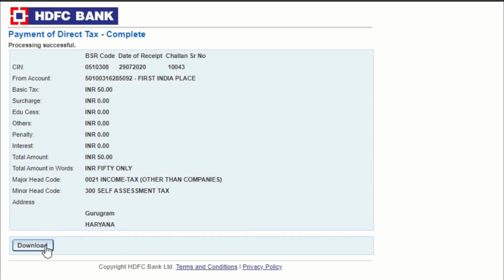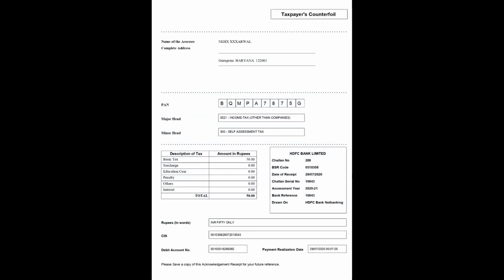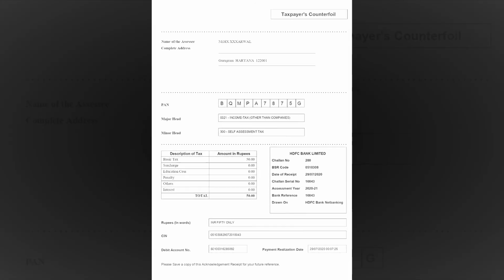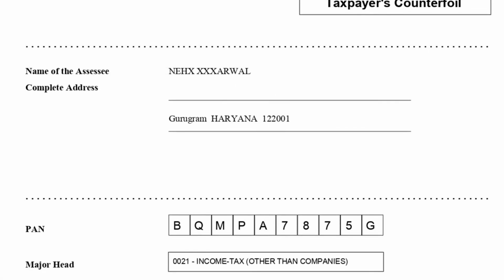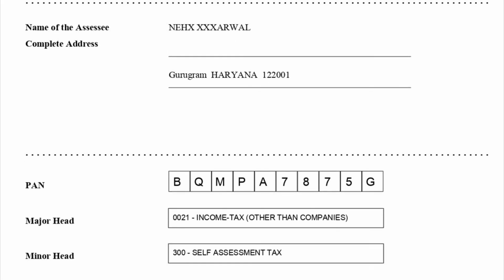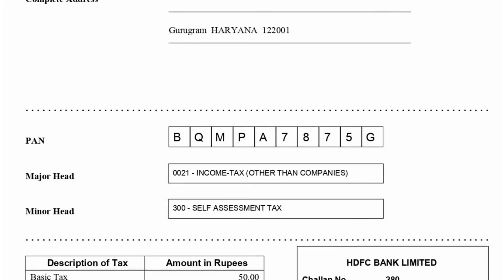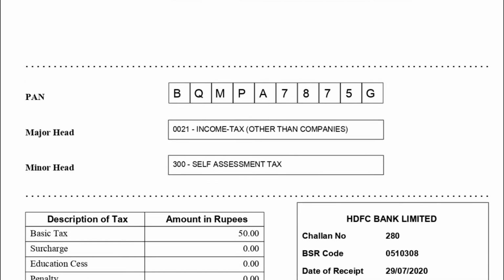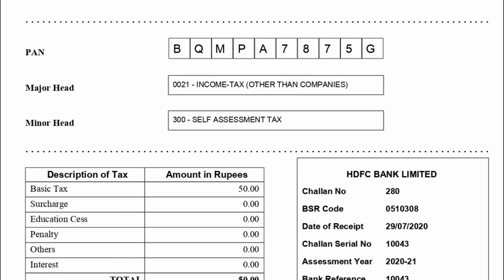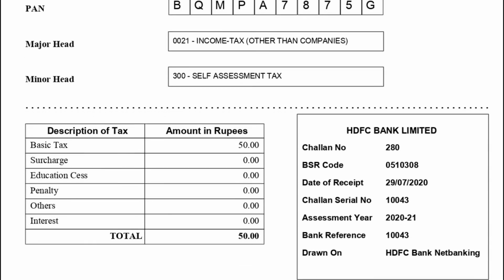Input the OTP and download the challan. The challan is very crucial for any assessment which may arise in future. Hence the same must be downloaded and properly documented. It takes approximately a week till the taxes are paid after the same is reflected in Form 26AS. However, the return may be filed taking the manual credit of challan.